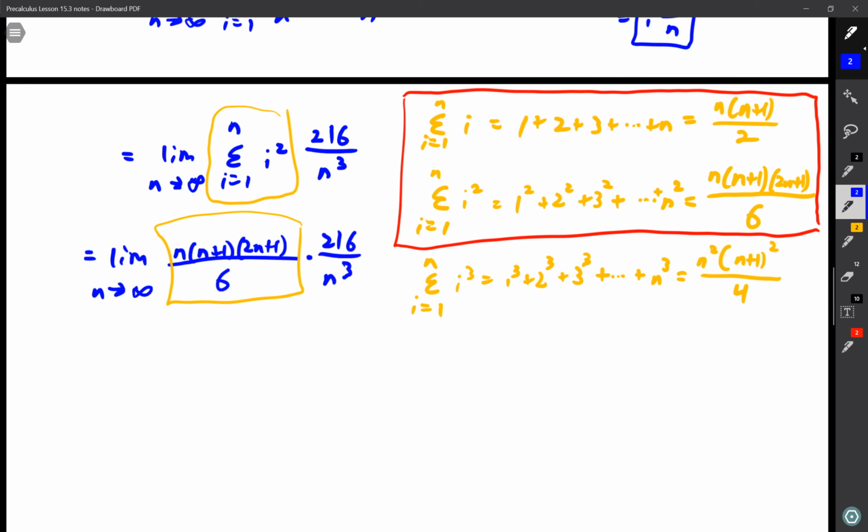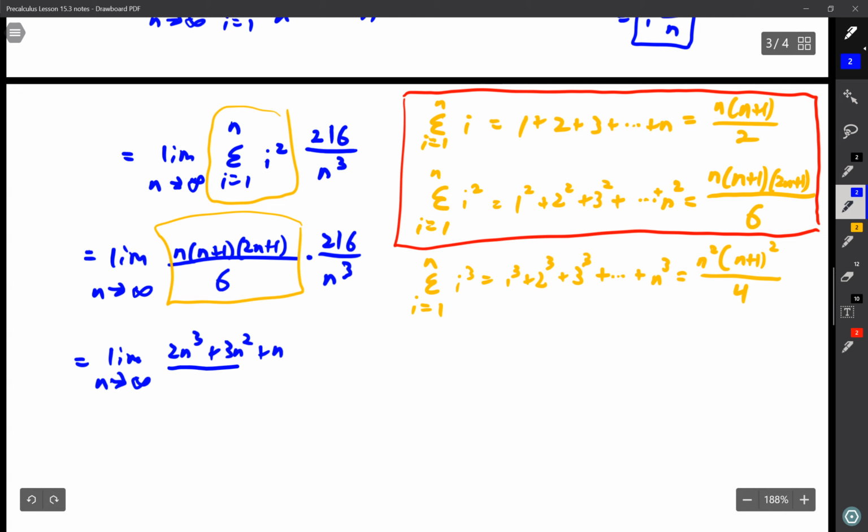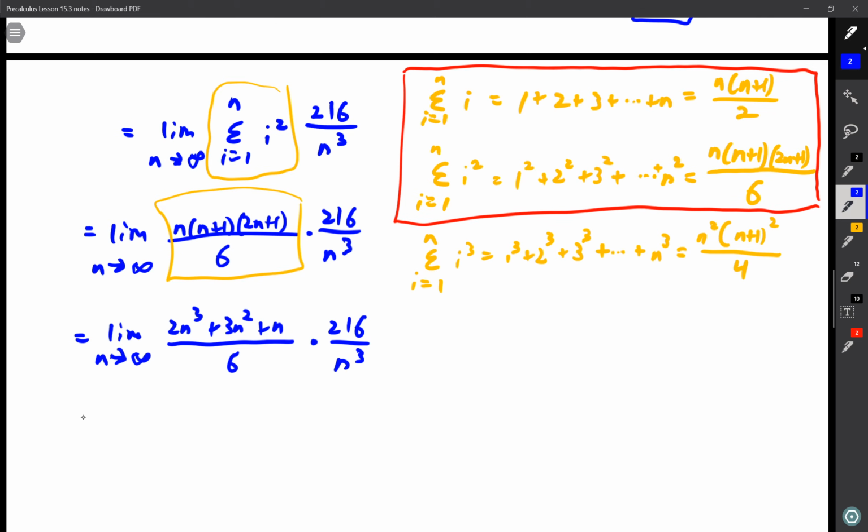Okay, now let's simplify a little bit. This is the limit as n approaches infinity of, now what does this multiply out to be? This multiplies out to be 2n cubed plus 3n squared plus n over 6, and we still have this times 216 over n cubed. Okay, well that equals the limit as n approaches infinity of, now if we multiply all this by 216,